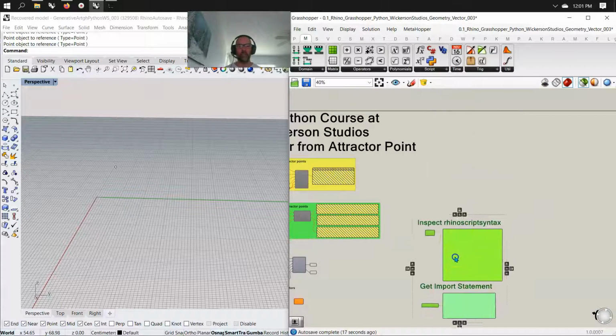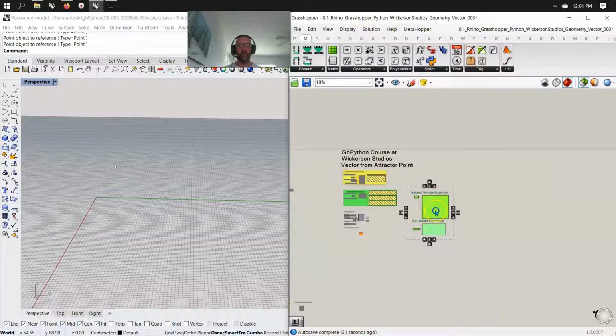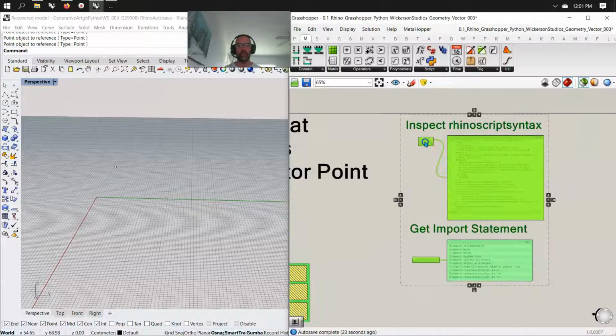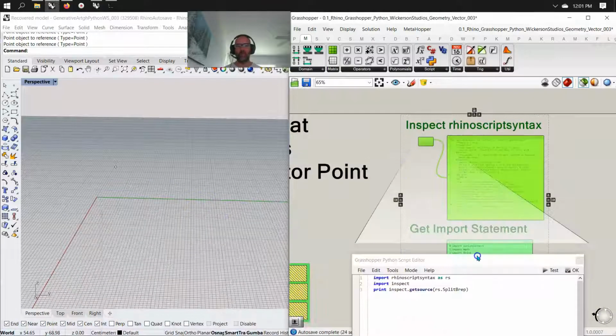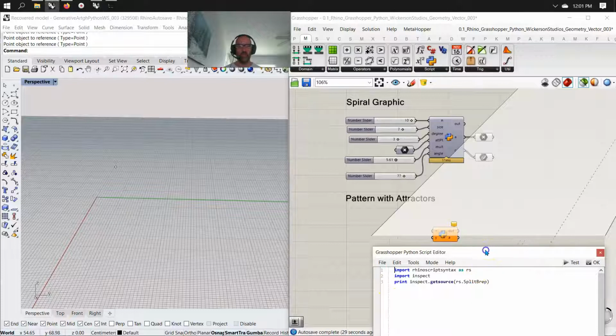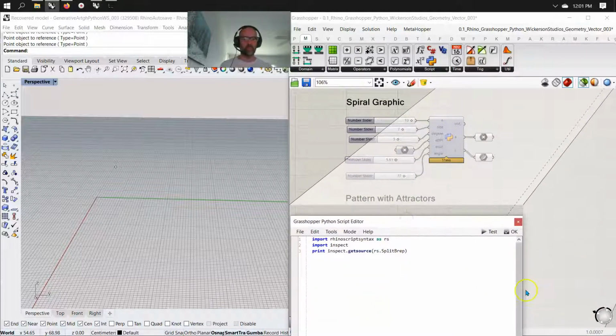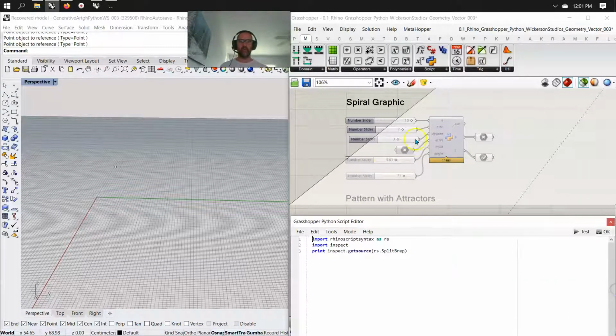Can I grab that inspect geometry down here, use that simple code, and hopefully you're starting to understand the complexities of this and what I'm racking my brain for, because as I go down here and try and dig into this script, which happens to be in Rhino Python, in RhinoScript,